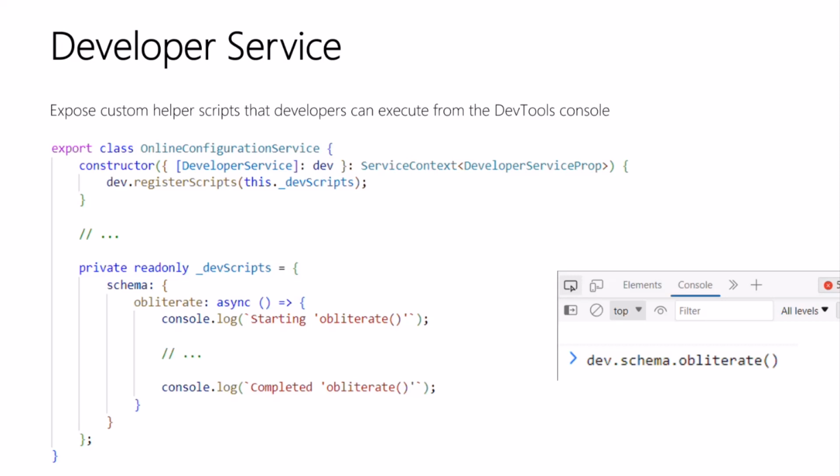This function is accessible via a dev field that is added to the window object. So you can access them globally, but only if the code is running in the workbench page, or if you add isDev equals true in the query string of your URL. Notice the screenshot on the right. If I were to open a workbench page and add the web part that uses this service, I can then go to the console and type in dev.schema.obliterate